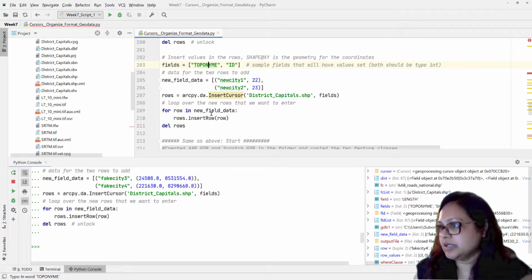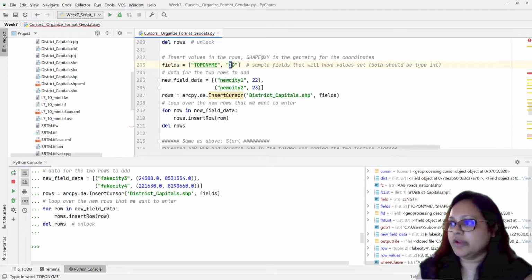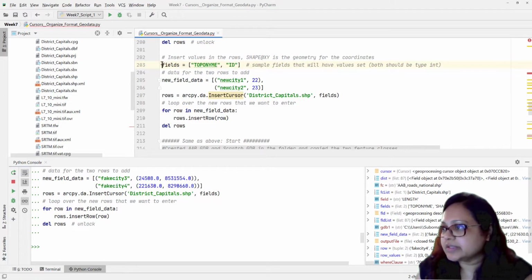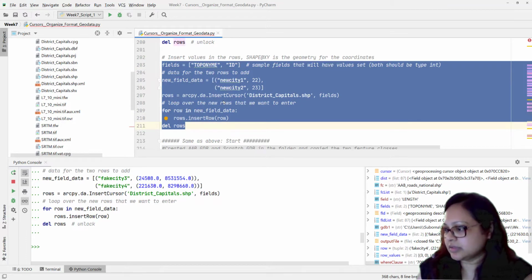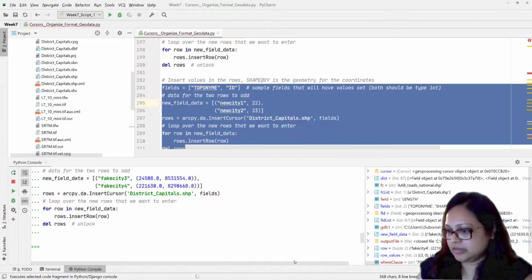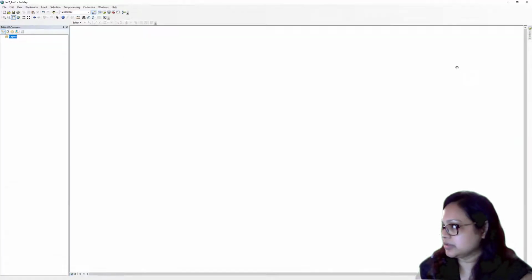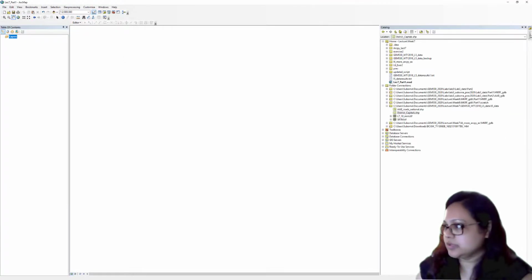We say that that means the topo name and ID we are going to provide for these cities. Let's add them as well. If I go back, you can see if I refresh again